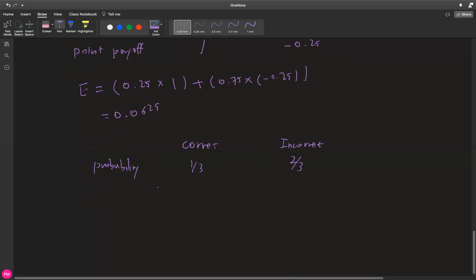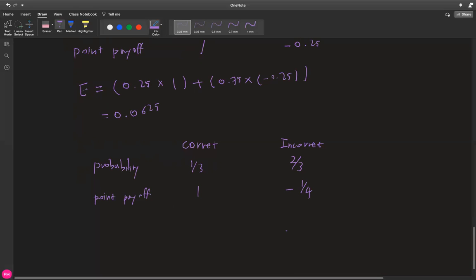And let's say the point payoff for the correct is 1, and the point payoff for the incorrect is -1/4. So the point payoff for the correct answer and the incorrect answer hasn't changed. The only thing that's changed here is the number of choices.